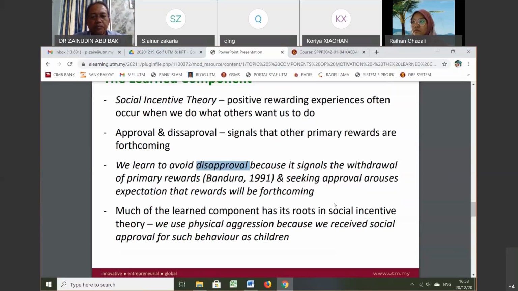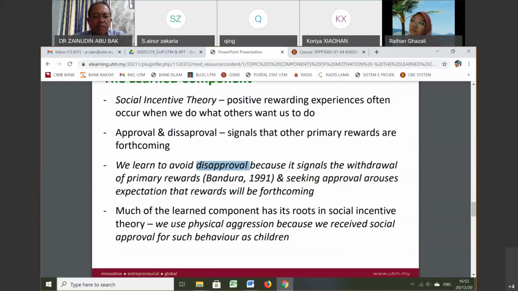Because this can lead the consequences or the effect of the connection in the system to a more positive effect or positive output. That's what we expect, right? This is just one part here. Much of the learned component has its